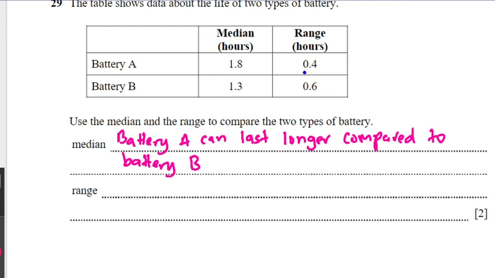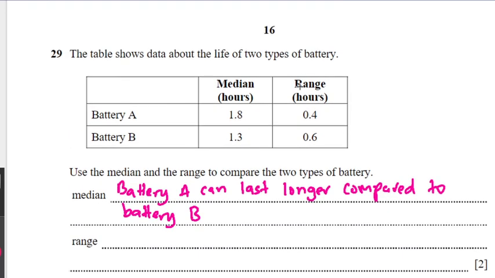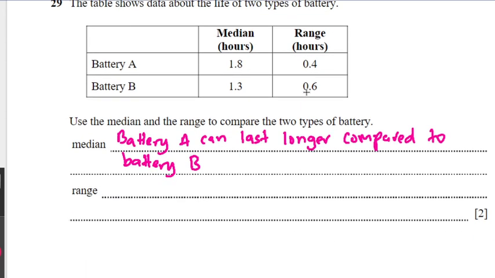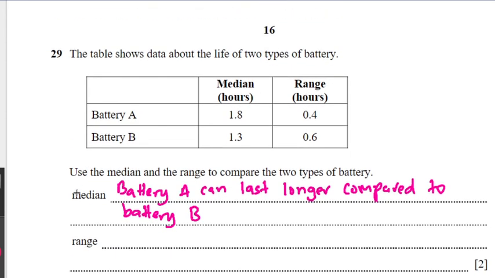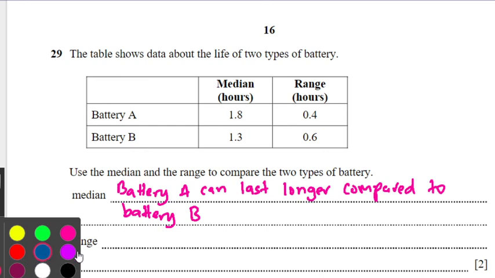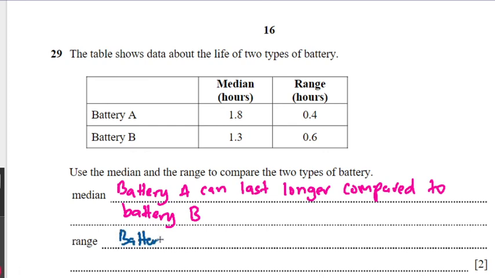When you compare the range here, battery B has bigger range than battery A. So we can say that battery B here is inconsistent. Sometimes it can last longer, sometimes it can just last for a few hours only. Okay, so what we can say here about the range, we can write battery B is inconsistent compared to battery A. Okay, you write battery B is